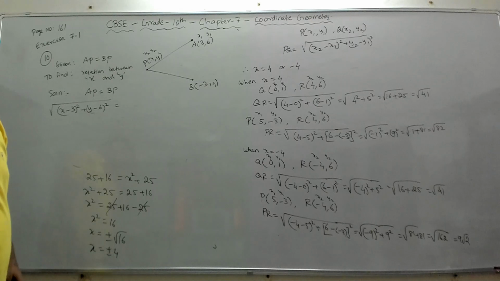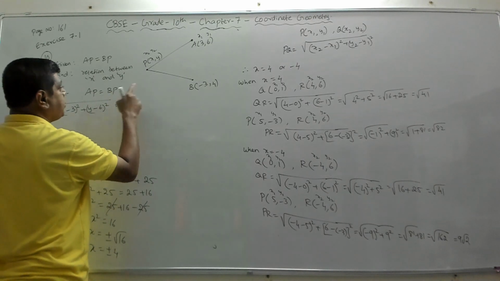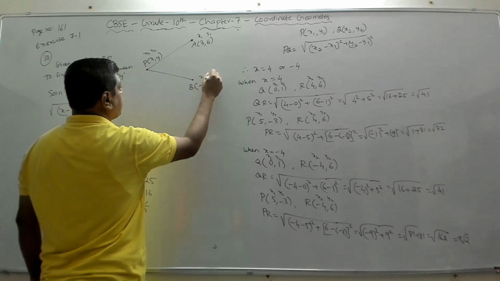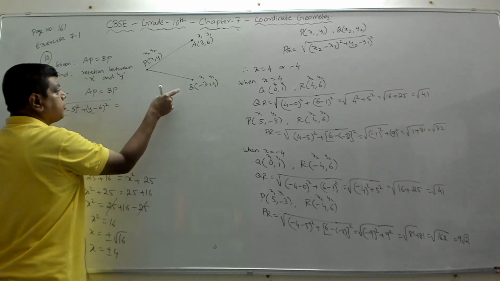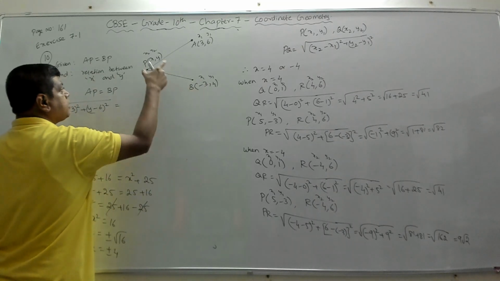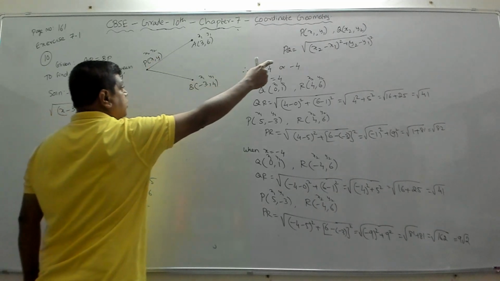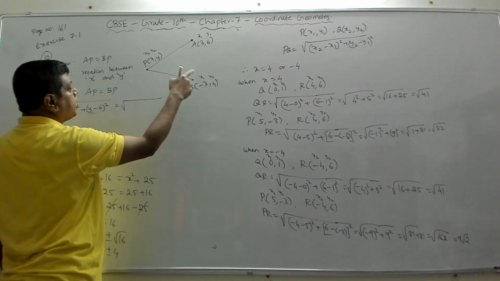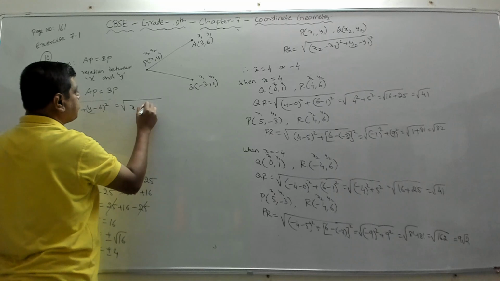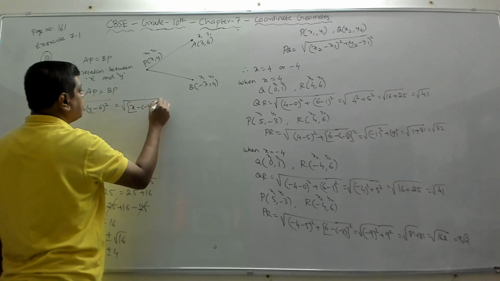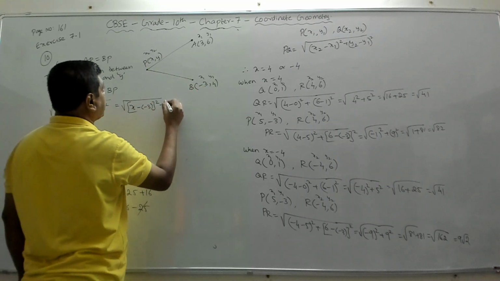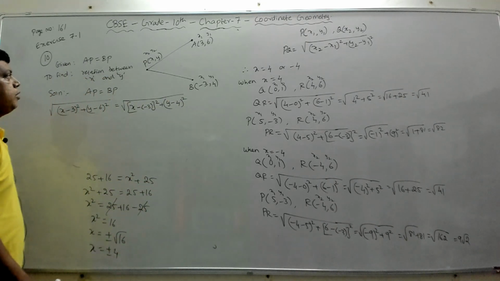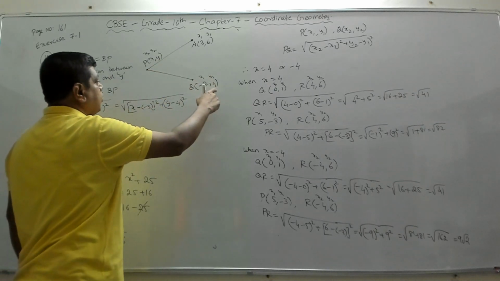Fine. The next one is that this is equal to BP. BP is the distance between these two points. I have taken this as x2, y2, and this we will take as x1, y1 again. To find the distance between these two points, apply the distance formula. That is the square root of (x2 minus x1) the whole square, which means (x minus of minus 3) the whole square, plus (y2 minus y1) the whole square, (y minus 4) the whole square. Here y2 is y, y1 is 4. So now